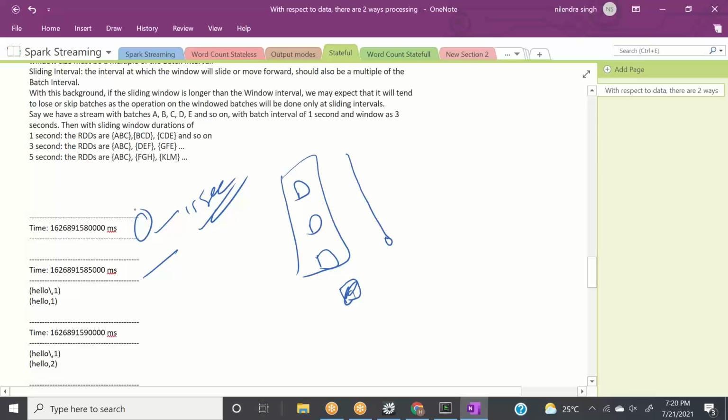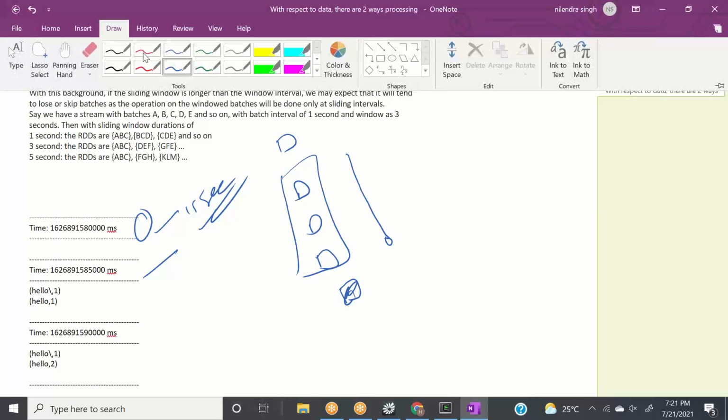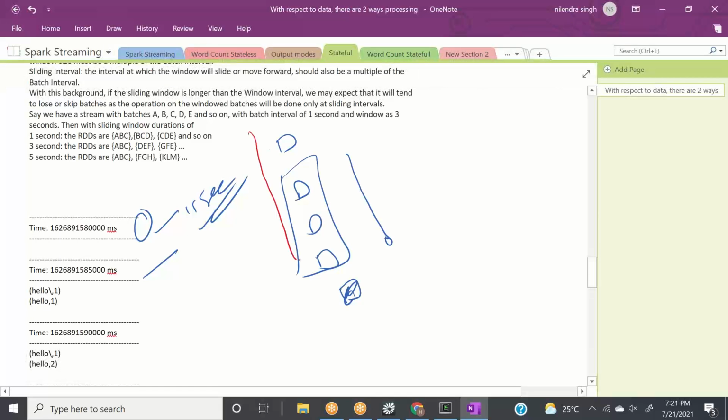And this is our new batch coming every 5 seconds. So we are asking it to create a new window like this. This interval is your sliding interval. So every 5 seconds, this is your sliding interval, right? For the first sliding interval, we hadn't given input, which means for 20 seconds we hadn't given input. Now we give this input, hello, and it produced data for us, right?